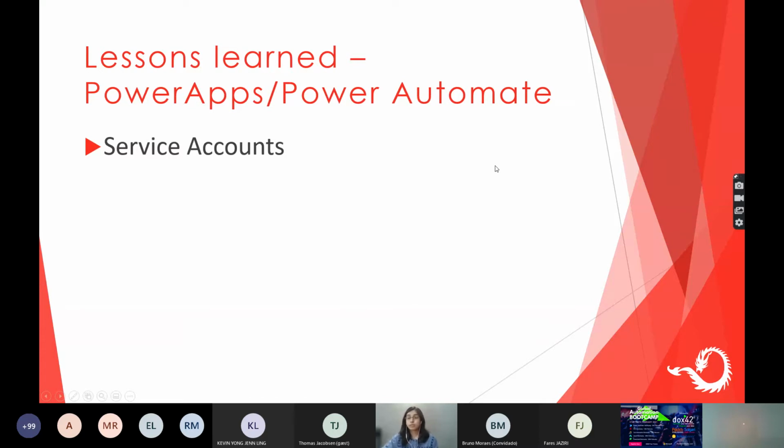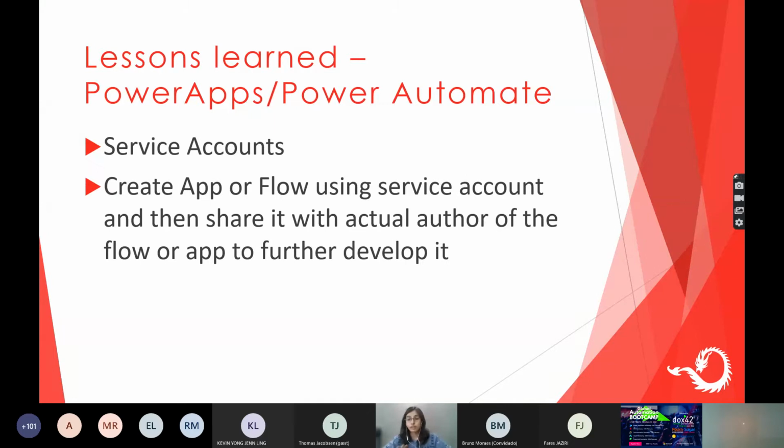All right, what next? Service account. We've learned this the hard way. It is very important to use service accounts so that flows in Power Automate and apps in Power Apps are not dependent on a specific user. Currently it is recommended that you create the app or the flow using a service account, and then share that app or flow with the author who needs to develop it, so that the ownership of the app or flow is with the service account,